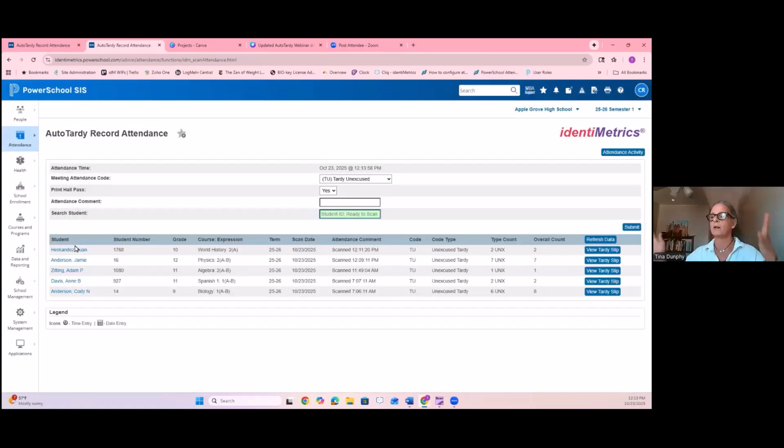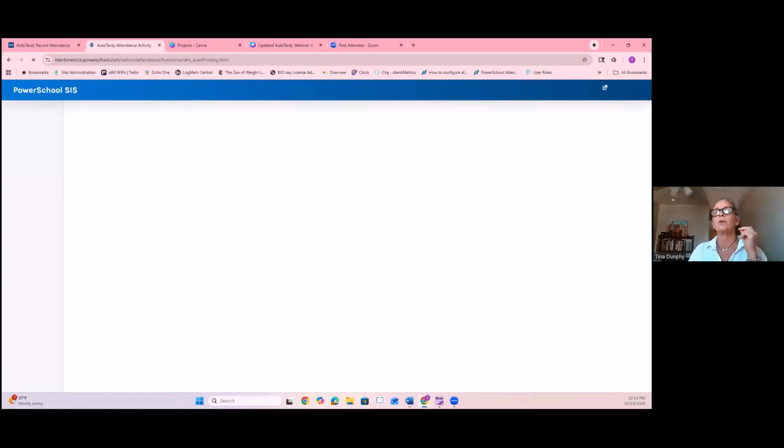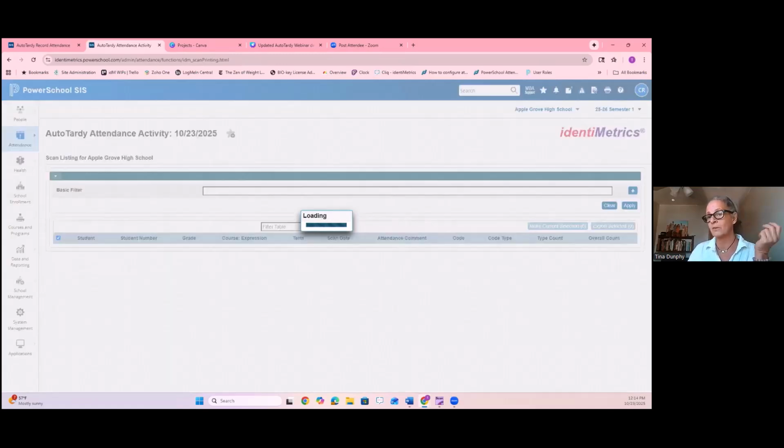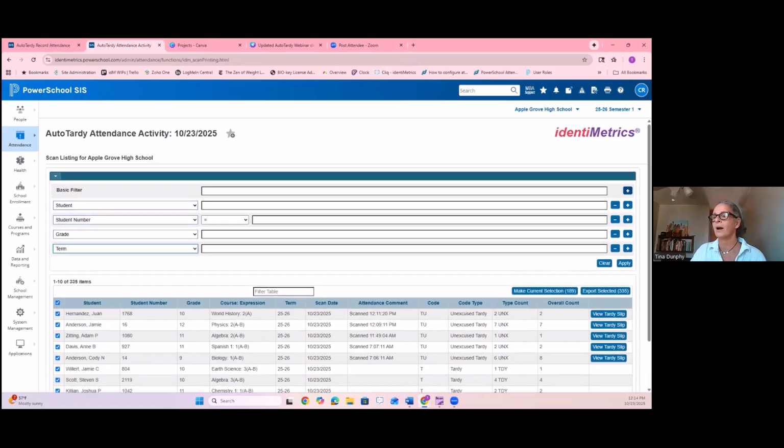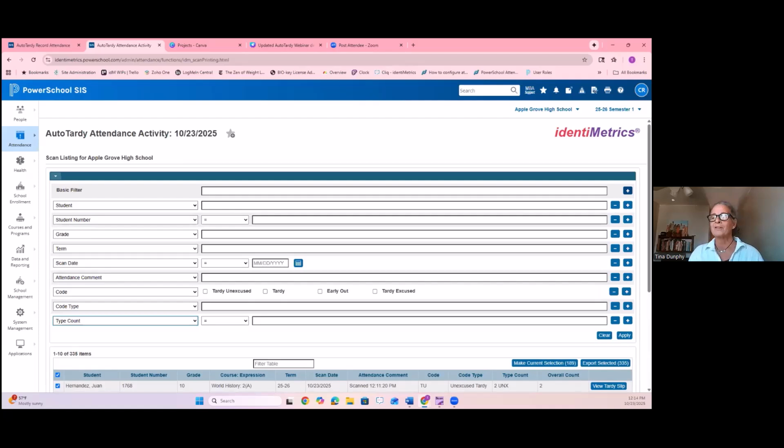Again, this is where all of the attendance recording happens. I want to show you something else over here, though. This attendance activity. Attendance activity is a cumulative view of the data that you have collected. So basic filter, if you'd like to use that, aligns with core PowerSchool behavior, and you can do your searches in that manner. However, you'll probably want to take advantage of our other options here so that you can go ahead and get real granular about the information that you're trying to